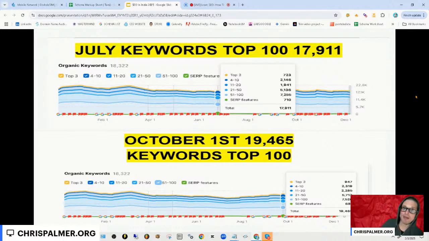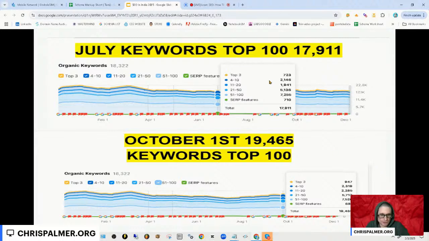After building in our backlinks, with no optimizations, I mean, this is a link campaign for pages that are performing relatively well. We're looking to see, does it hurt us? Does it go up? Does it go down? When we look back in October, we had 19,465 key terms that were in the top 100.